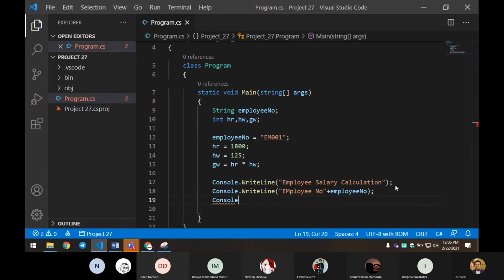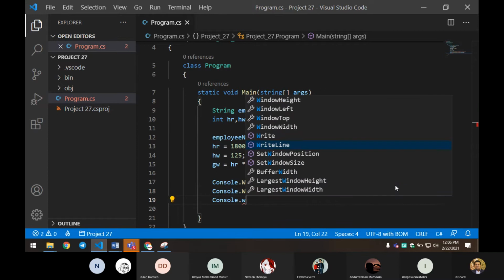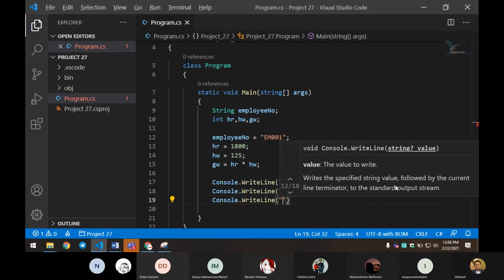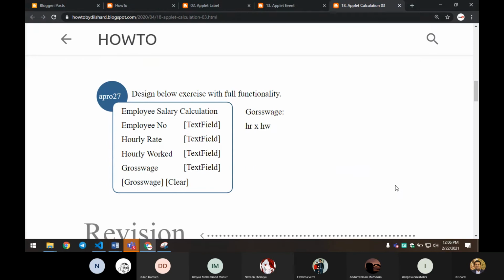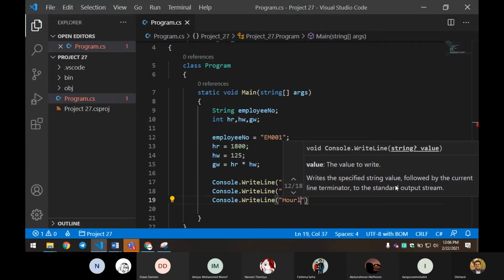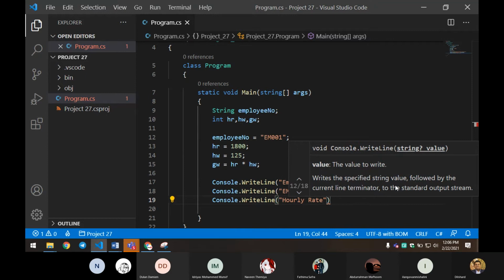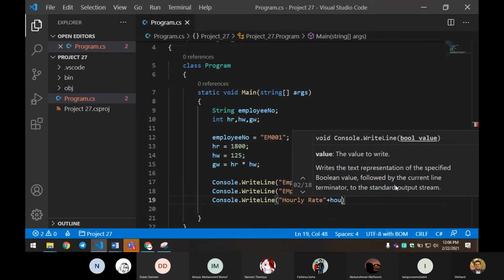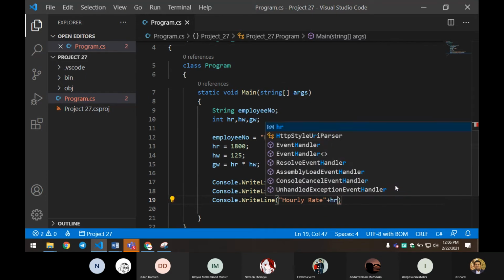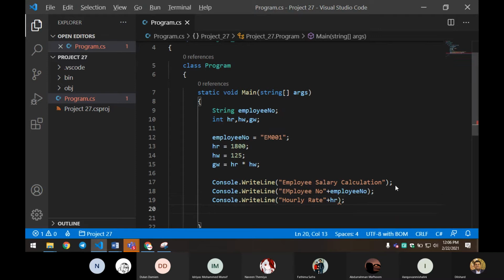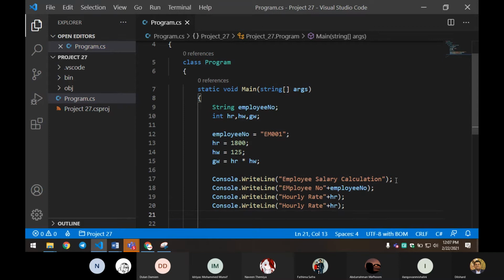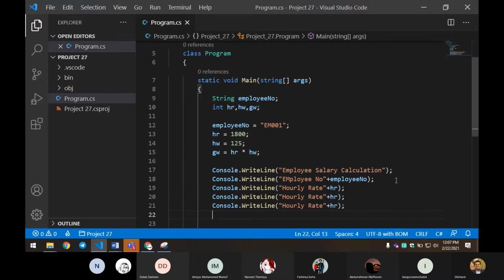And again I'm going to say Console.WriteLine, and within double quotation marks we'll say hourly rate, and then hourly worked, and gross wage.